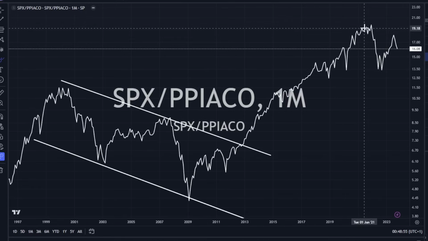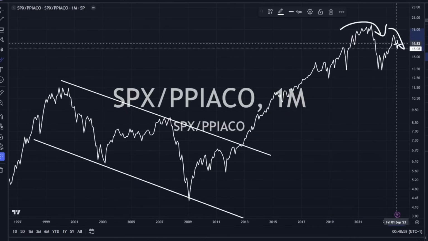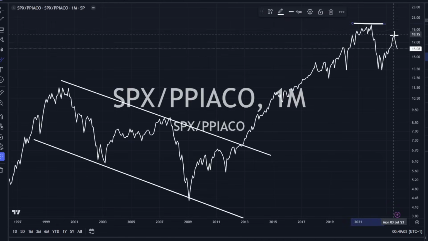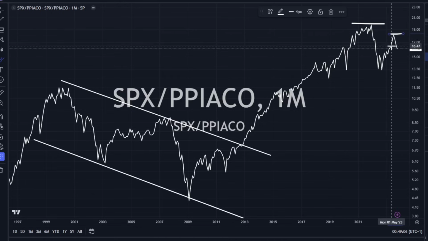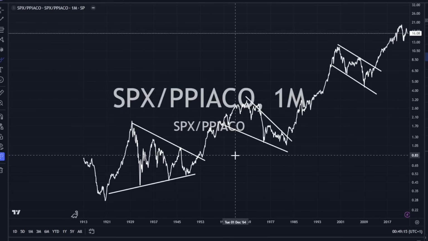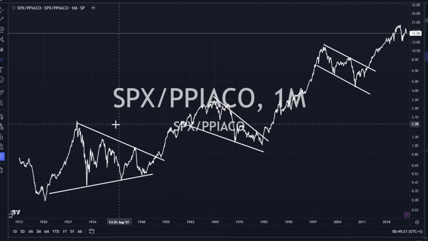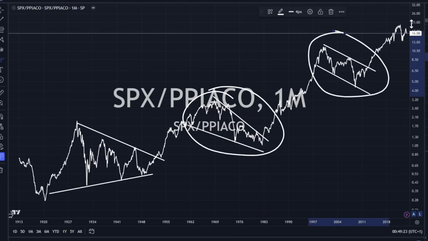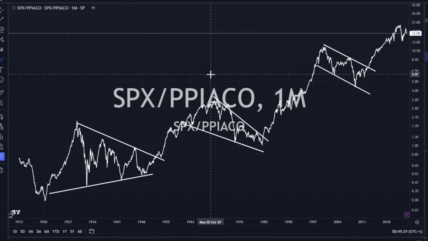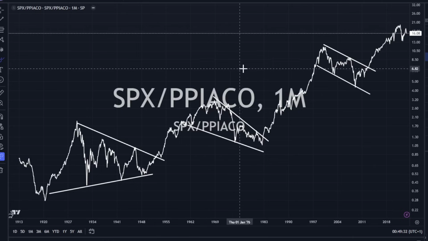I think if you can tell, I think that's going to occur again here. We are starting to slow down. This is your high and this is a lower high. And then we could probably come on lower, which means that the S&P 500 is going to start to underperform the producer price index. That also jives with the producer price index divided by the consumer price index, which I just showed you. So these are commodity bull markets here. And I think we just started one. So everything that I look at is supportive. The evidence is supportive of a commodity bull market, and that we're still in it.